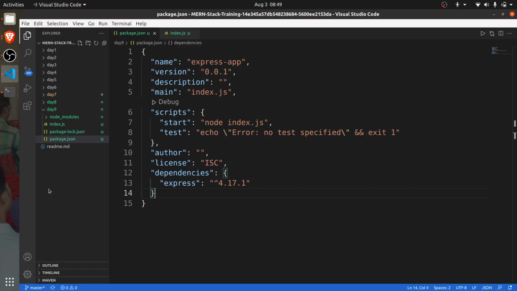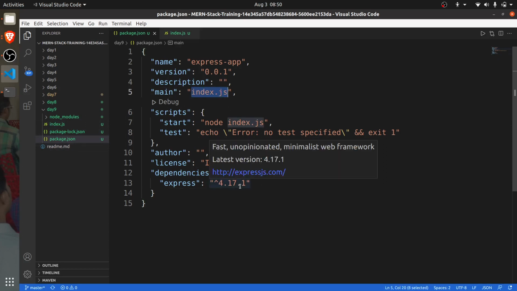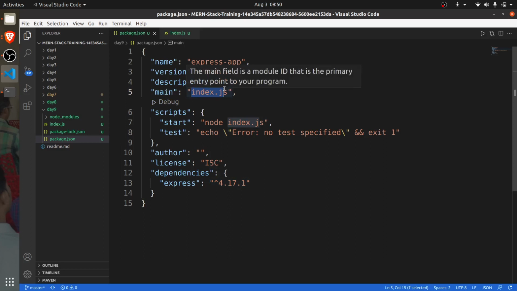If you want to start a particular file, at that time you will require this file to be separate, and this file is required by the npm registry. So whatever you have written inside main, it will use that file for the description and other things when you upload this project to the npm registry. Just as an example I have shown you this.